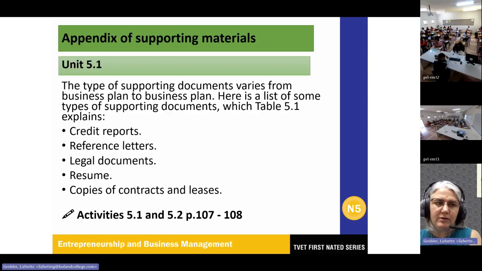This is now where you actually have a specific type of document that will obviously vary from business to business. And this is going to be the supporting documents, supporting the financial decision that will be made by a financial institution to grant a loan or not. Okay, so we're going to look at 5 different supporting documents here.